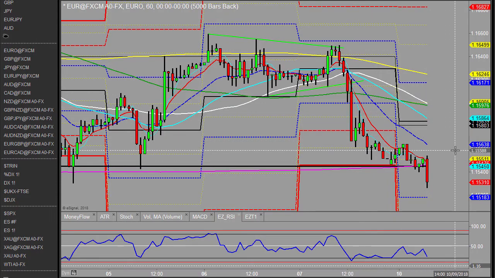Lower highs, lower lows are now coming through on this shorter time frame, the hourly here. It does look a bit soft, but maybe we'll get a reversal back towards that weekly and daily pivot, which could in itself become sell points. As I say, it does look weak at the moment,